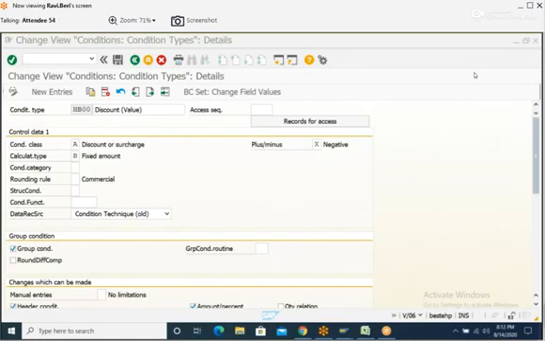Sir, I'm getting the discount even after that 1 lakh, sir. That is what I said. You cannot see the result. Means you will not get the result for condition update, value based. You will not get the result.